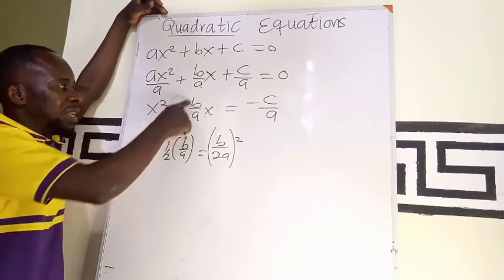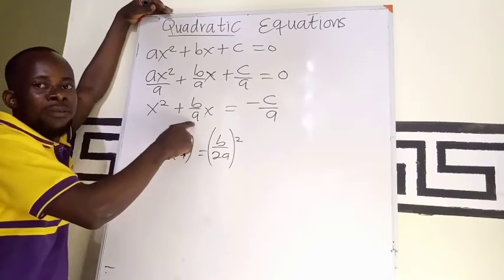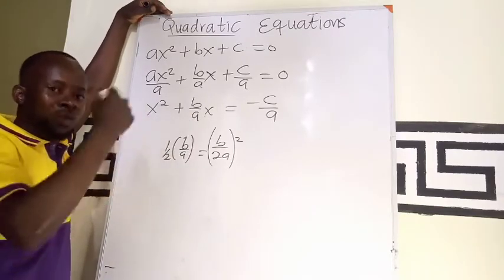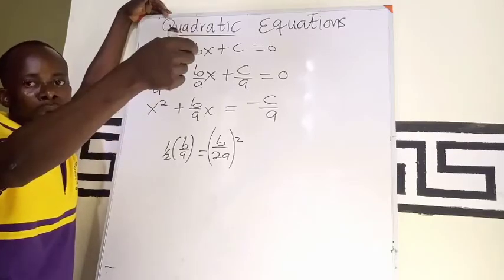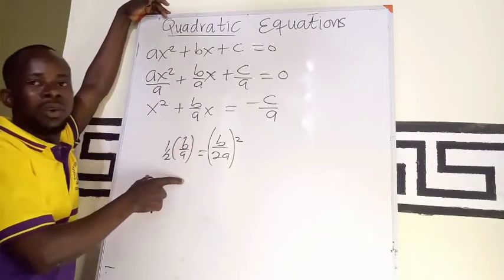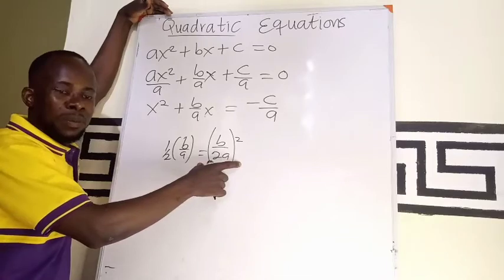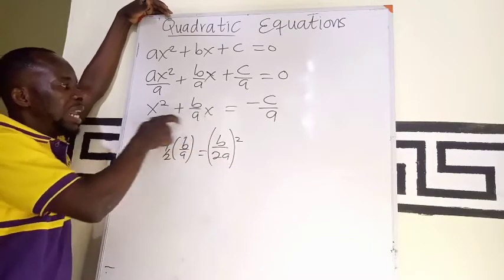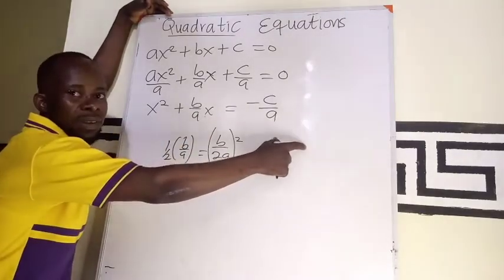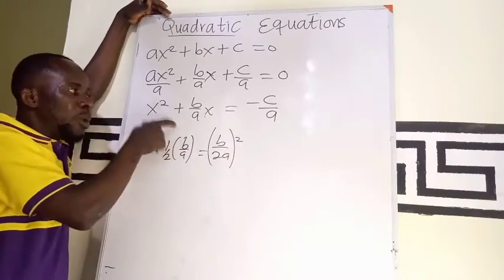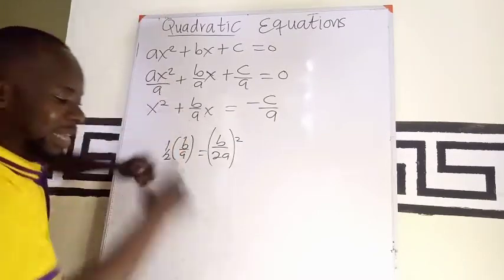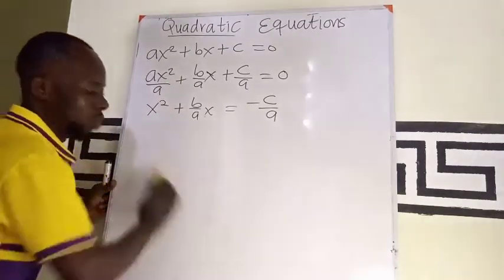So imagine this place is supposed to be 4. Half of 4 will be 2. The square of 2 will be 4. So after you find half of that coefficient, square it. Add the result to the left and the right. So I'm going to add this to both the left hand side and the right hand side of this equation. So I'll be having